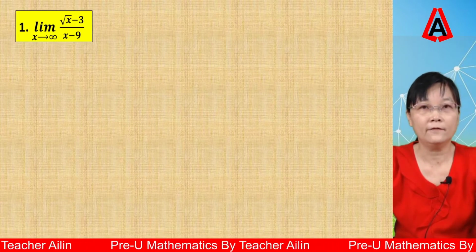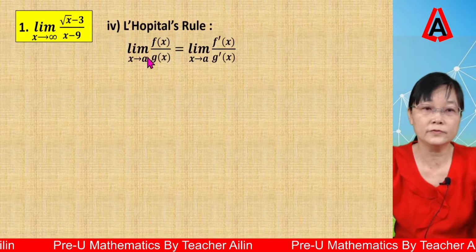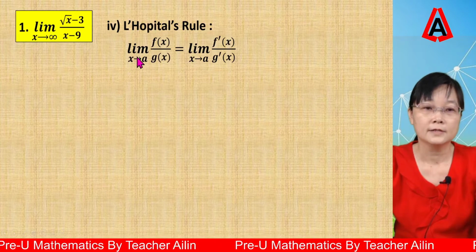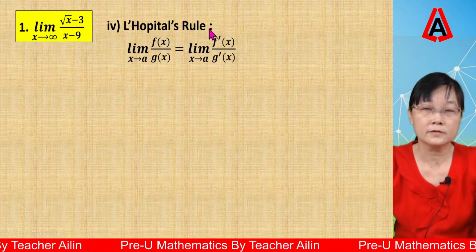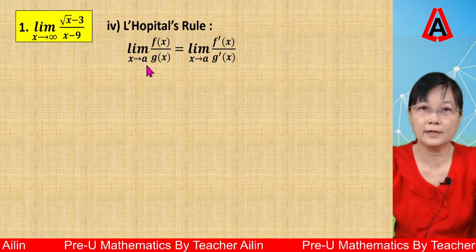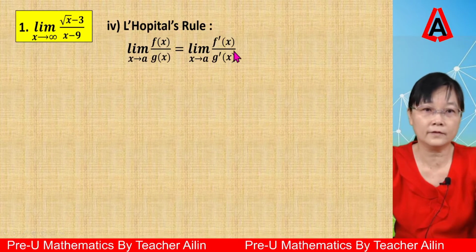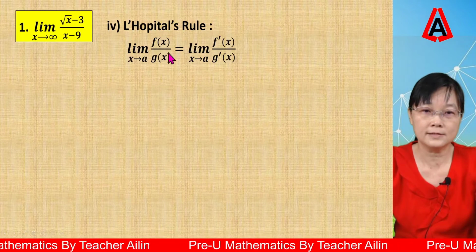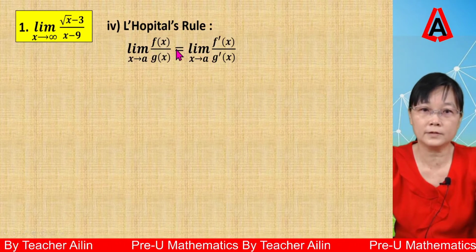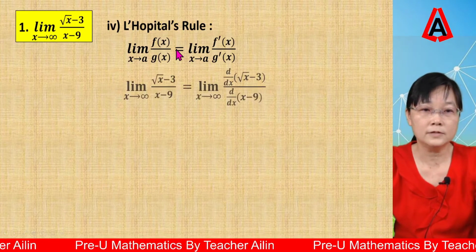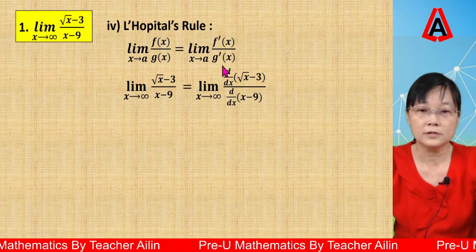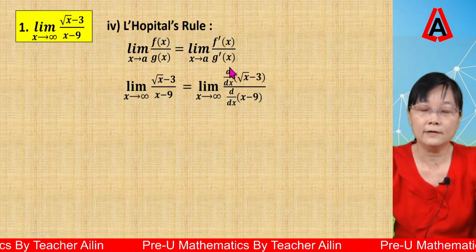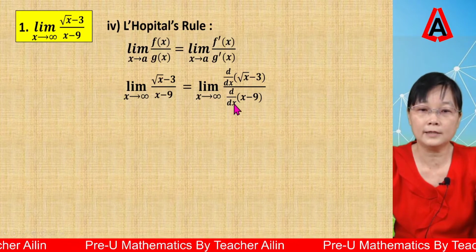Now method number 4, I'm going to use L'Hopital's rule. So when using the L'Hopital's rule, students remember, please write down the formula of the L'Hopital's rule. So this is the formula of the L'Hopital's rule. So when using L'Hopital's rule to find the limit, I'm going to find the derivative of the numerator and the